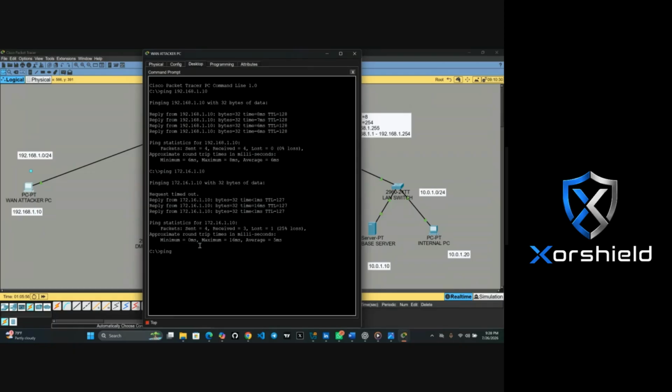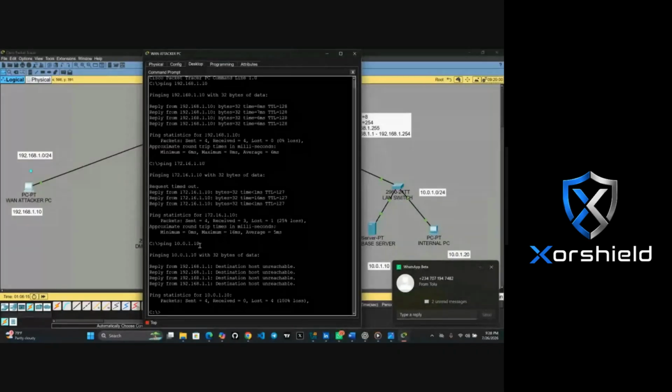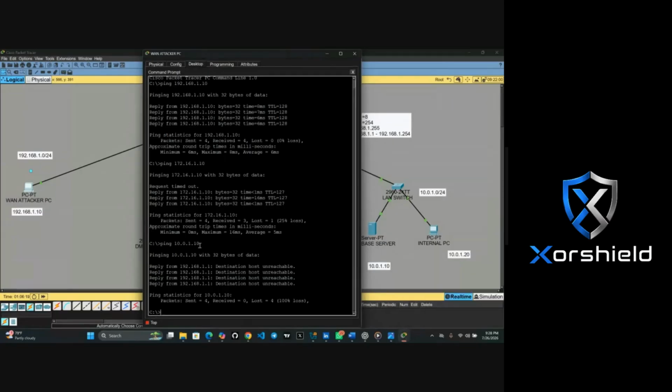Now, let's try and ping this database server and internal PC from the attacker PC. Then ping 10.0.1.10. What can you see? It's not successful. Destination host unreachable.